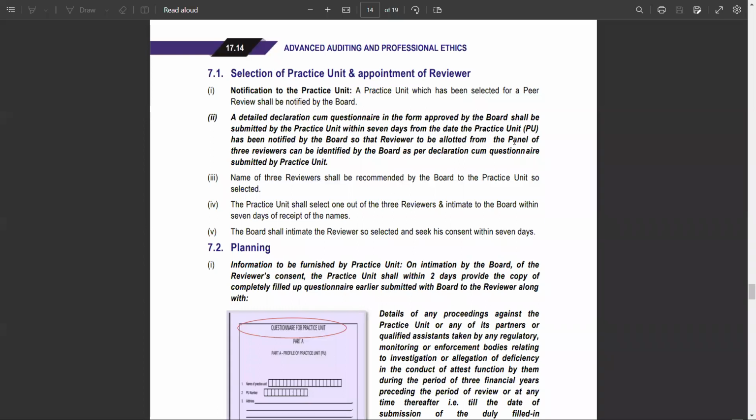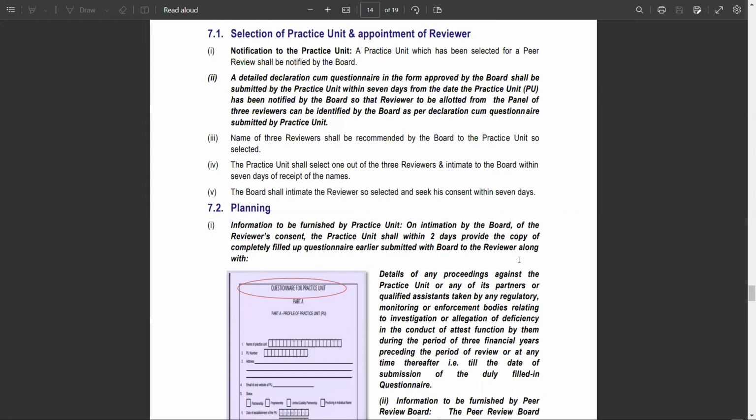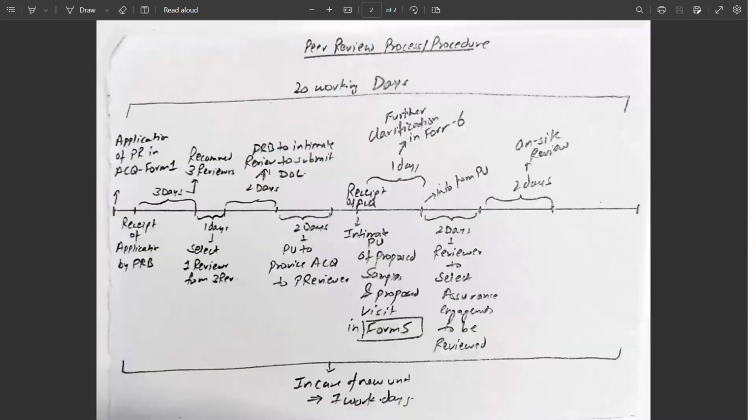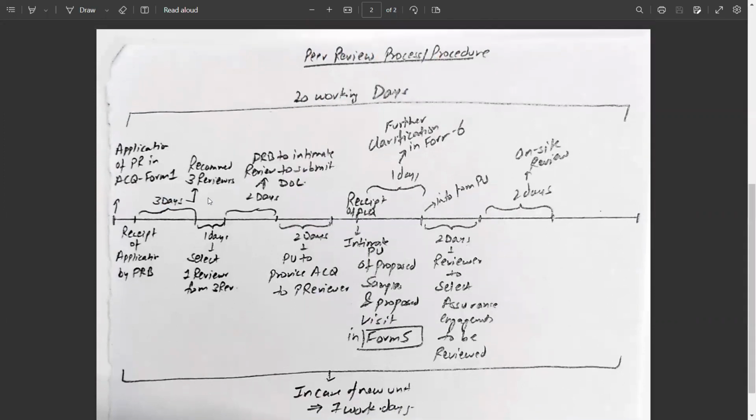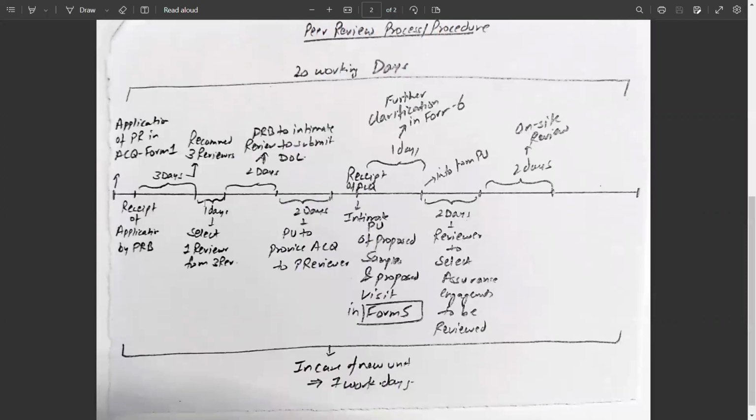Okay. So for the peer review process procedure, I have prepared a timeline so that we can review the procedure through these timelines, because there are certain days which we need to remember, in how many days what is to be done. Okay, so let's start with it. First thing to note is that